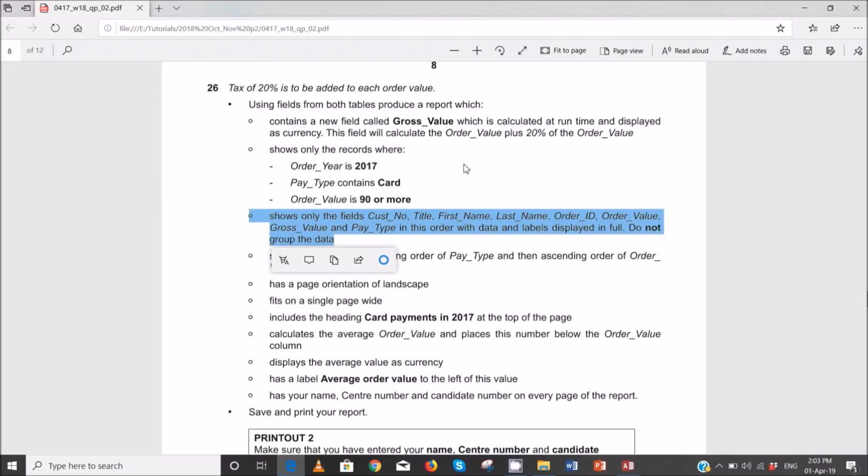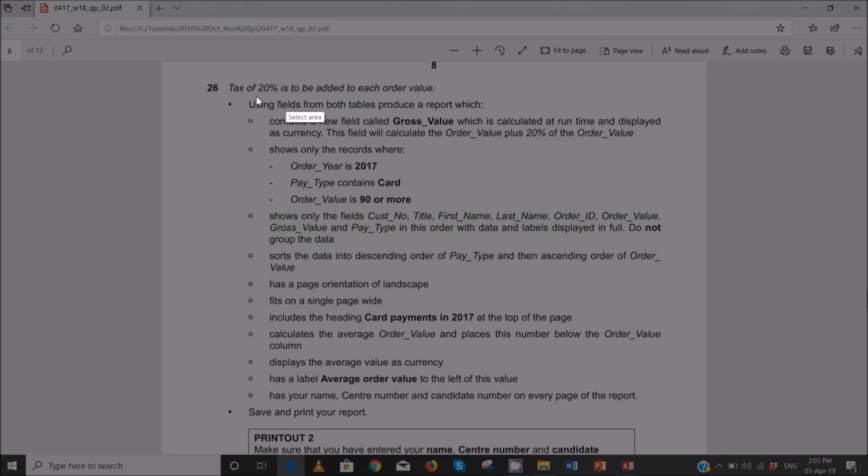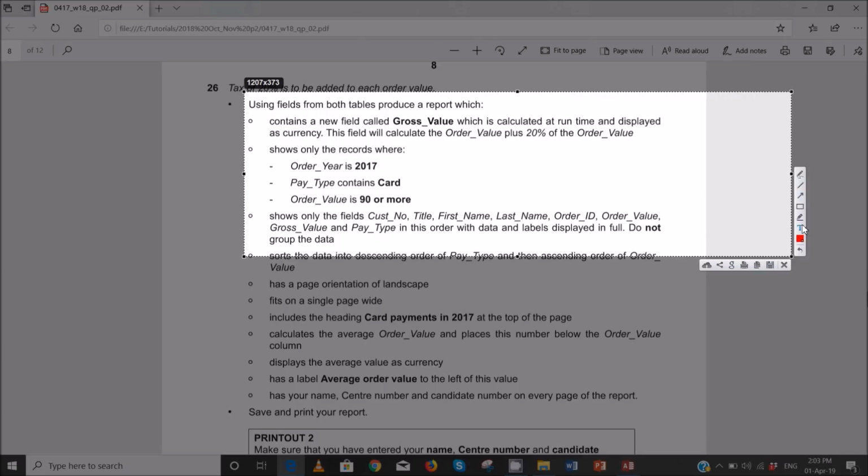We can do this field before we come and put the pay type. So it's gross underscore value, and it's calculated at runtime and displayed as currency. This field is actually the order value plus 20%. For you guys who are mathematicians, this shouldn't be a problem. So gross value can be represented as equal to